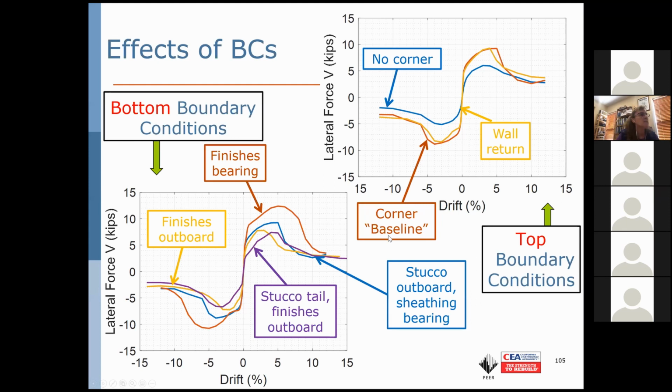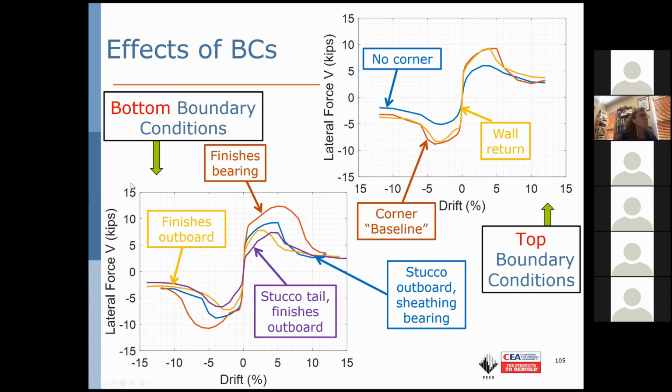Corner baseline condition was carried through. We decided it was carried through to the remainder of the program. You can see that no physical intent to offer continuity in the return results in a dramatic reduction in the strength. This was akin to the Curie type of details that we tested at UC Davis earlier. It certainly meant that we were capturing the continuity in the wall return and the above flooring a bit better